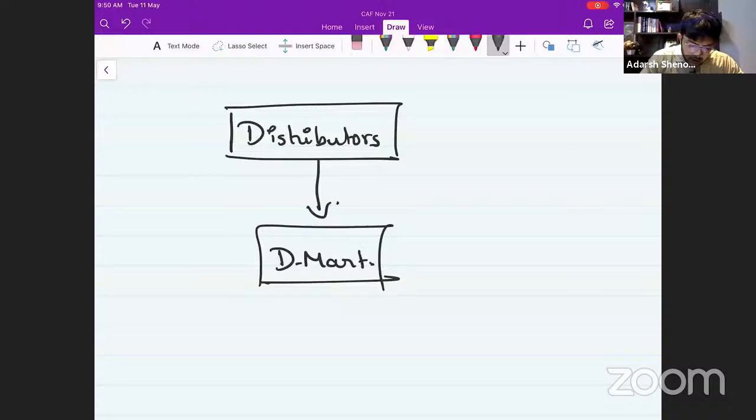So D-Mart buys a lot of products from these distributors, because D-Mart is a big supermarket. So they sell a lot of products. Like this, you have Big Bazaar, you have the Spar, you have different bazaars, these supermarkets, right? So these markets keep buying from these distributors all the time. Now when they do this,